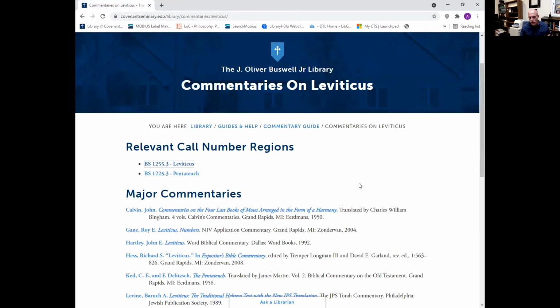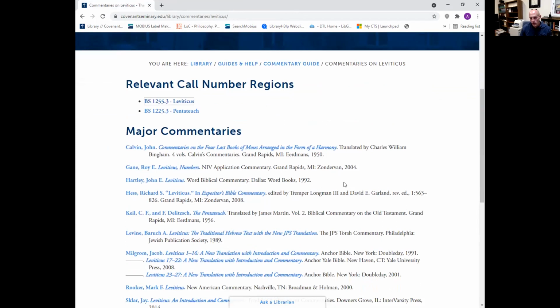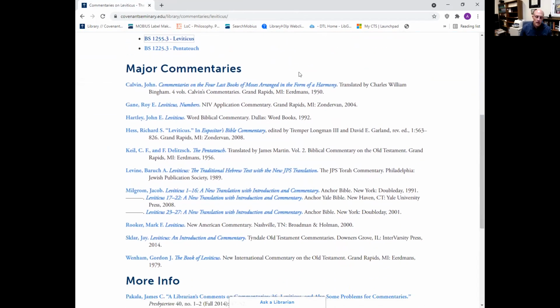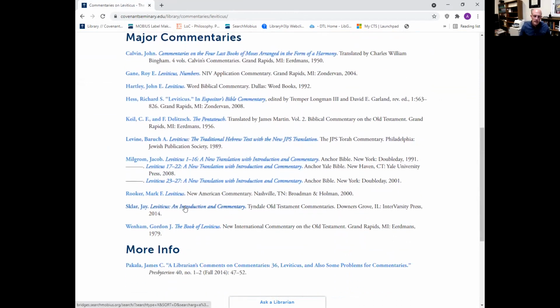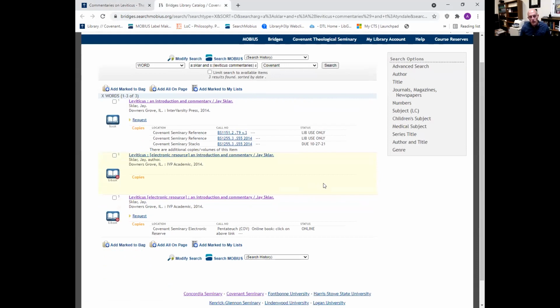So that gives you a broad overview of the books and commentaries that you can find in the library on Leviticus. But then here under major commentaries, we feature some of the more important, more relevant commentaries for our particular institution. So let's take a look at Leviticus, an Introduction and Commentary by J. Sklar. That's in the Tyndale Old Testament Commentaries series. Click the link. It'll take you here to the records that we have for J. Sklar's Leviticus commentary in the library